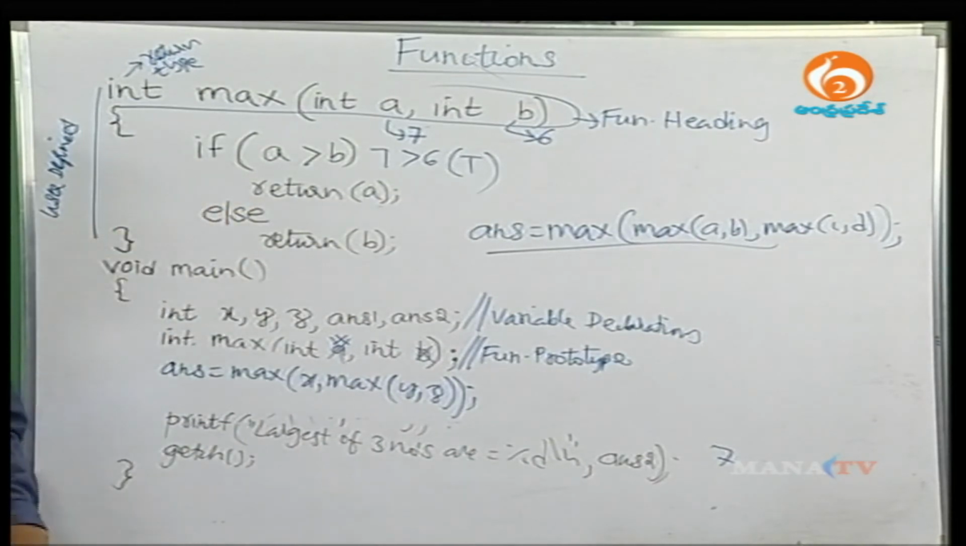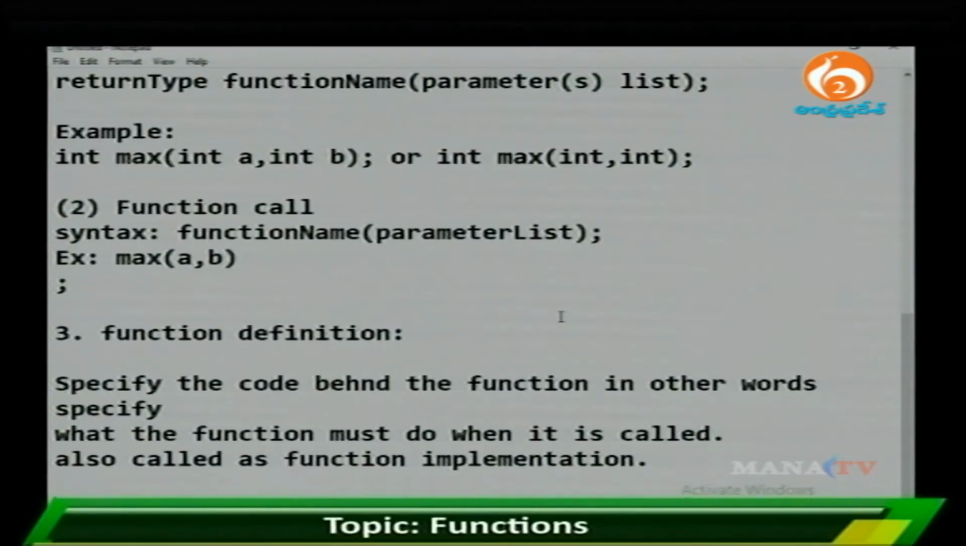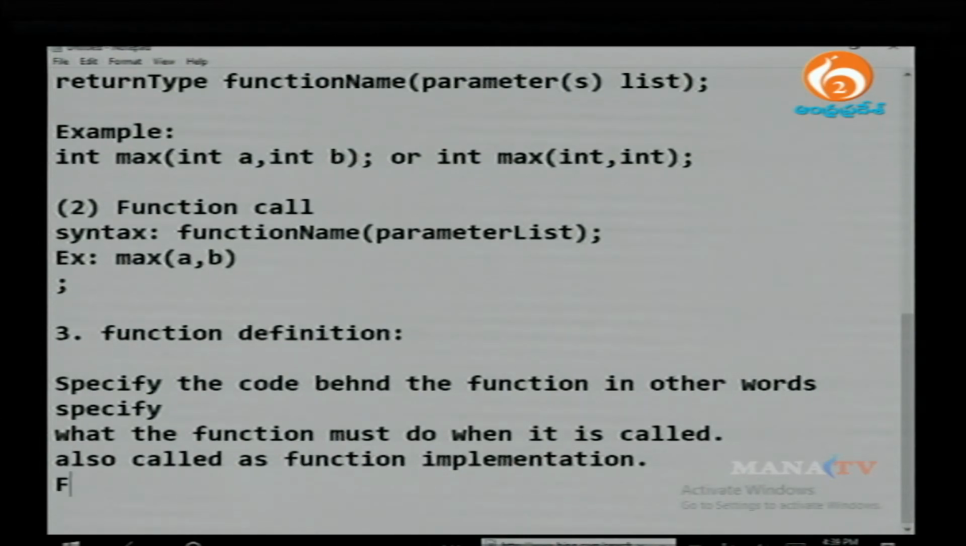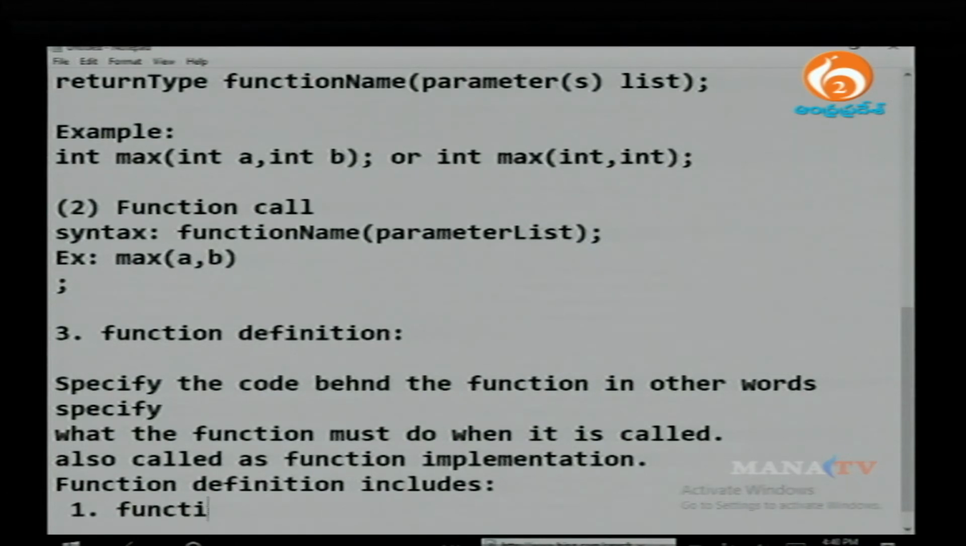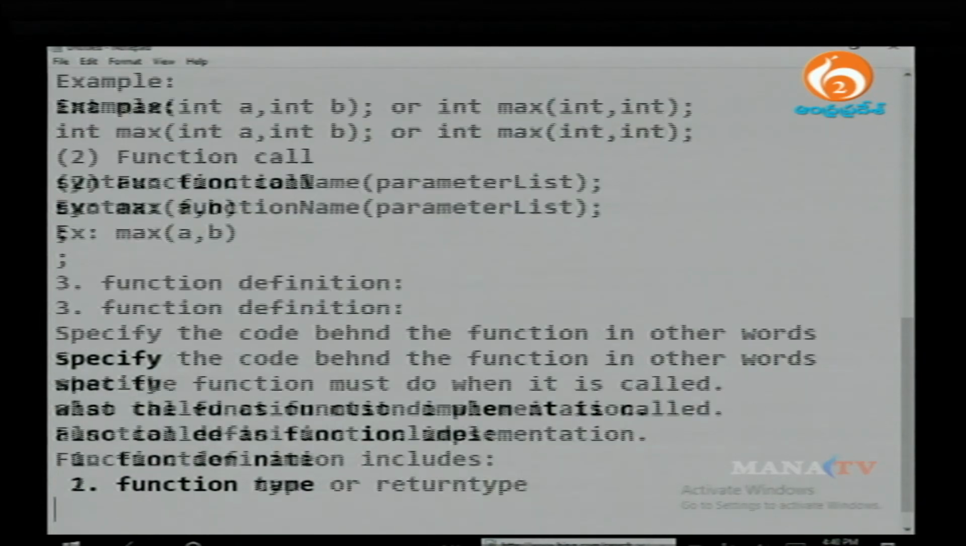Okay. I will write on the notepad so that you can note in your notebooks, you can copy into your notebooks. So now we are talking about the function definition, right. This function definition includes: first one, function name; second one, function type or return type;